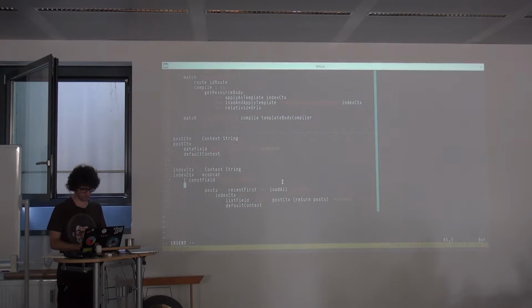So we have one thing we want to add. We use default context as well. This gives us the URL and some other things. The context monoid works in a way that we can override things. So for example, if default context had a title already, we simply override it here. And then we have one more